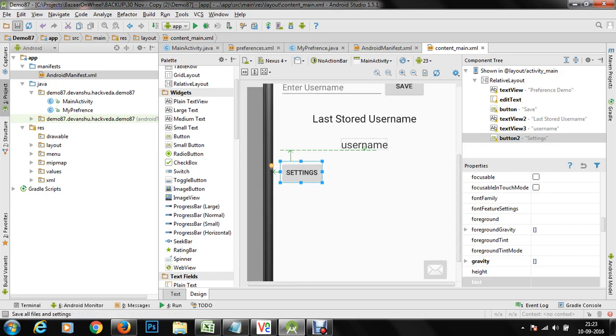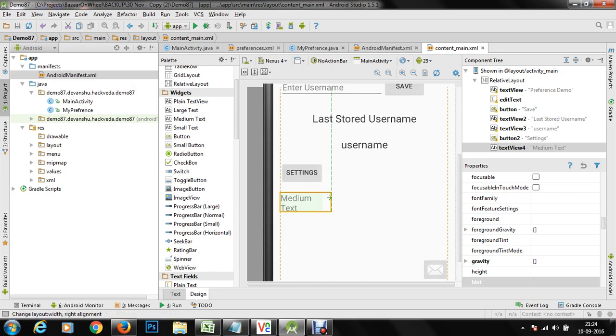This is button 2. I'm going to refer to that. As soon as I click on settings, I will go to my preference activity, and I'm going to store whatever values I am storing. It will be stored within another text view, that is my medium text, and I'm going to add one more text view just below this.